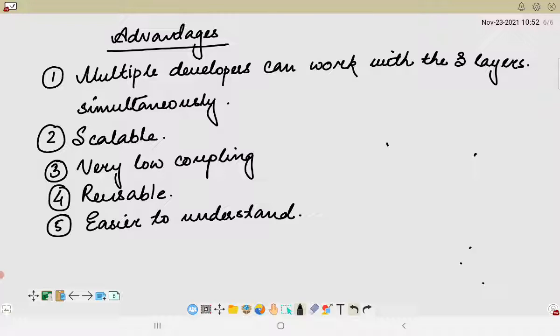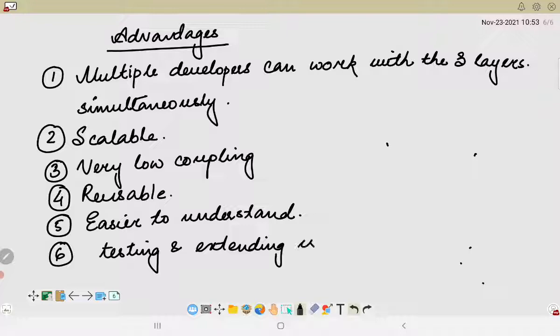So we do not have to scan the entire code, but simply go to that particular module which is handling each of the respective components. And the sixth one, as already mentioned, is that testing and extending is easier. Extending is easier because if we want to include anything in the presentation layer or presentation component, we can simply add it in that particular module or layer.